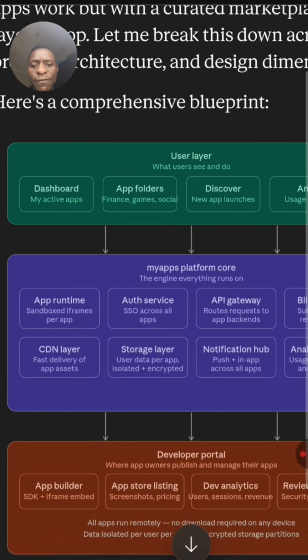So here I have my apps platform, called the engine, everything runs on. I have app runtime, sandbox, iframe,